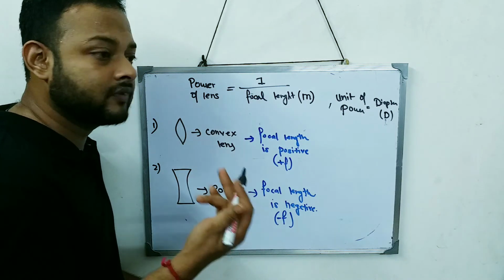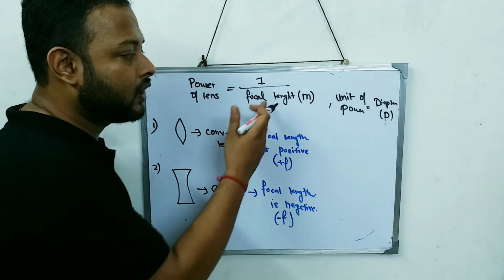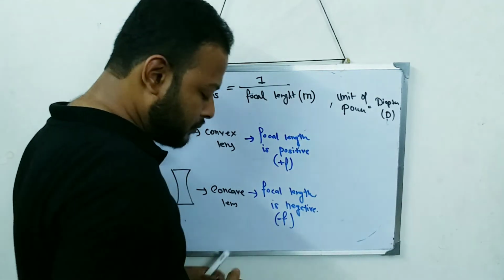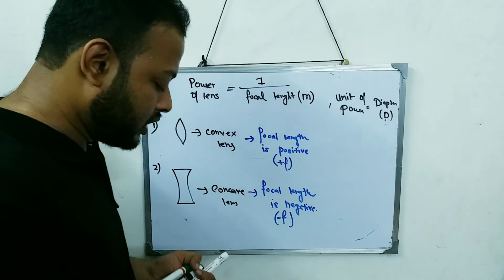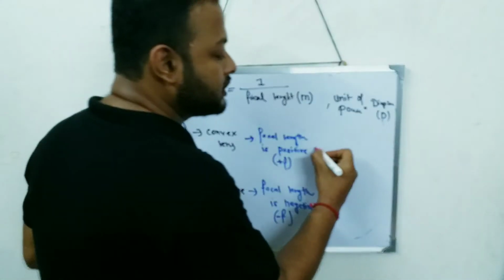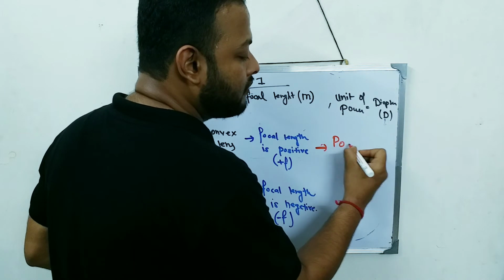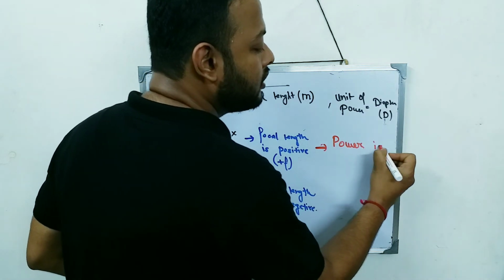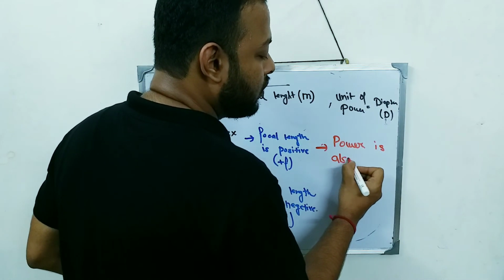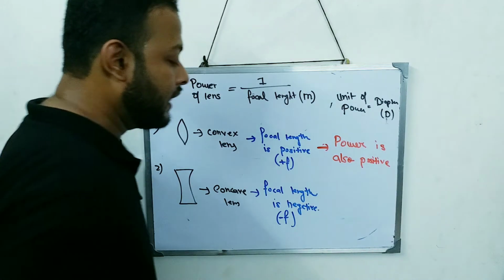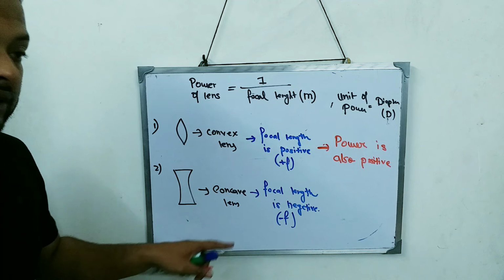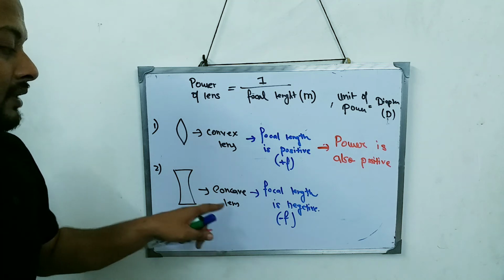If my focal length is positive, my power also becomes positive. And if focal length is negative, as you can see for a concave lens,